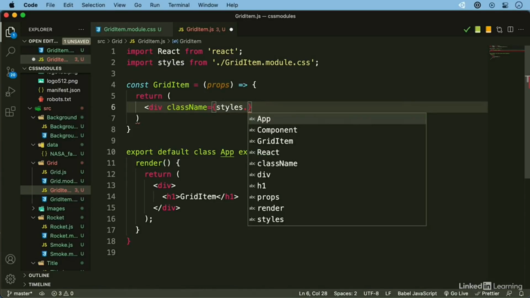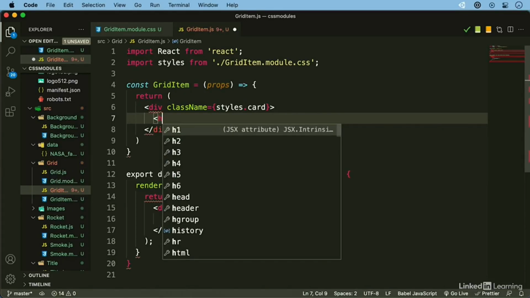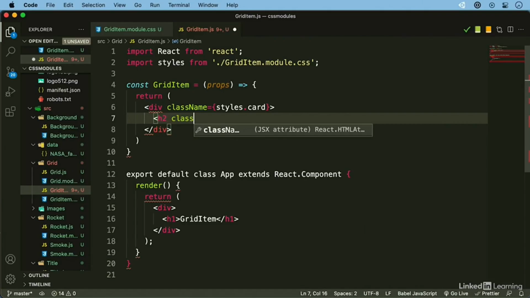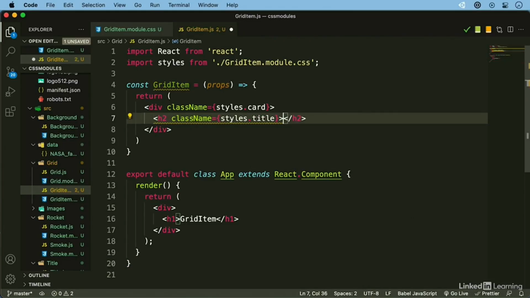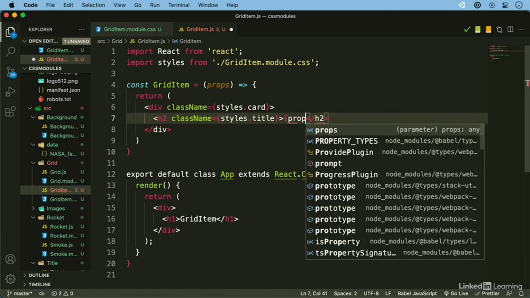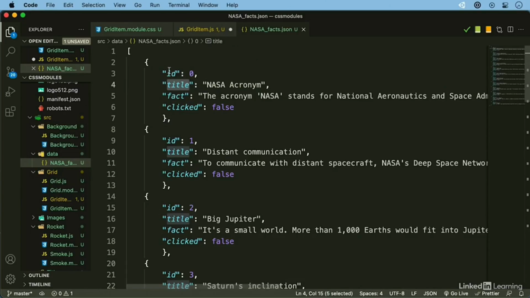Styles dot, and this one is the card. Boom. And then we can start working on our H2, our title, with a class name. And again, we defined already a style for our title. And for this guy, the title is going to be passing props dot fact dot title. And again, if you wonder what I'm doing, let's go to the data and we're passing this guy. So we have the ID, title, fact, clicked that we have available for each item inside of that component. So let's leverage the title first,